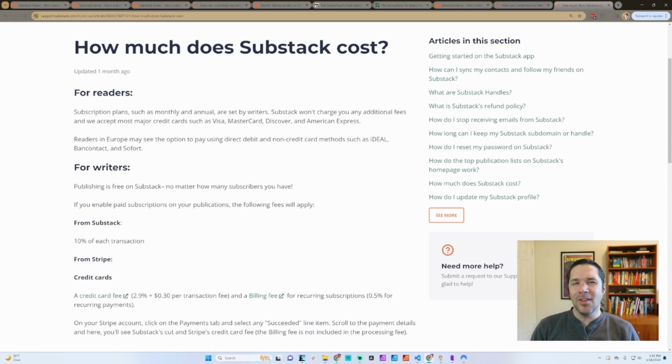The math is a little funkier on Substack. Like everything, it is more complicated than Patreon, but it looks like the first charge might be something like 12.9% plus 30 cents, and then afterwards it's 10.5%. So I would say on average a little more expensive than Patreon.